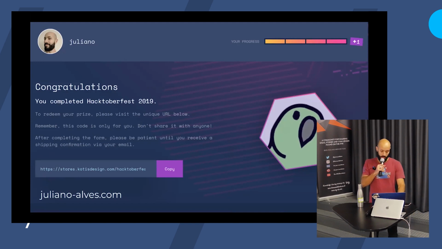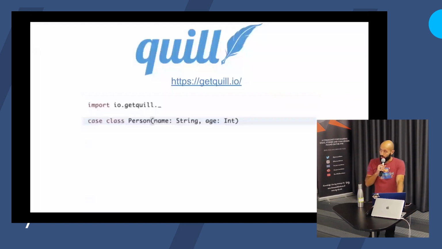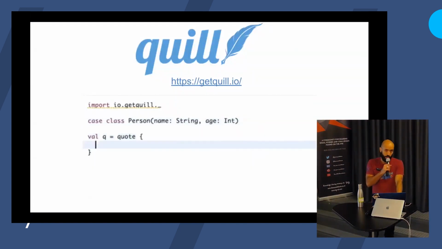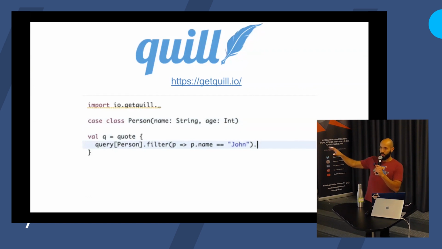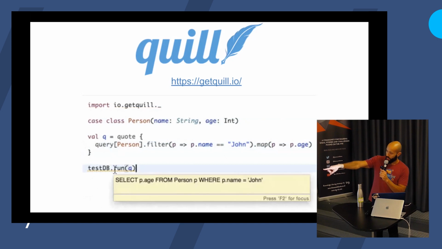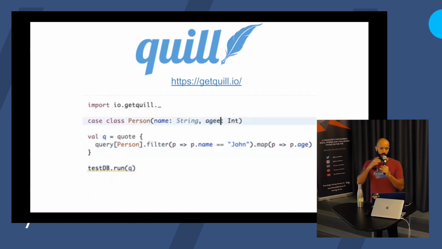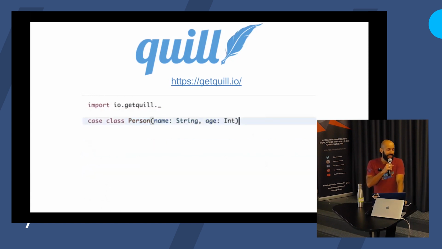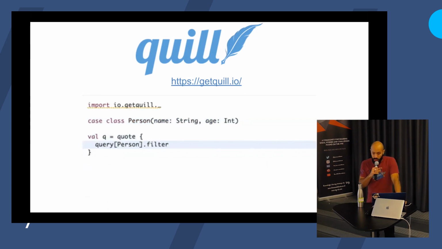And this is actually relevant because, well, let's just start from the beginning, right? Quill, I joined Quill a few years ago. Nowadays, I'm one of the maintainers. It's a Scala library that allows you to write collection-like code, and that will become queries for you at compile time, right? So if you see that when it checks over there, it generates a query for you. Save, compile, save. It's wonderful, it's beautiful, it's Scala. I just remember that yesterday I was defending Clojure in the JVM Roundabout, JVM Wars, but still. So here's the thing about Quill.